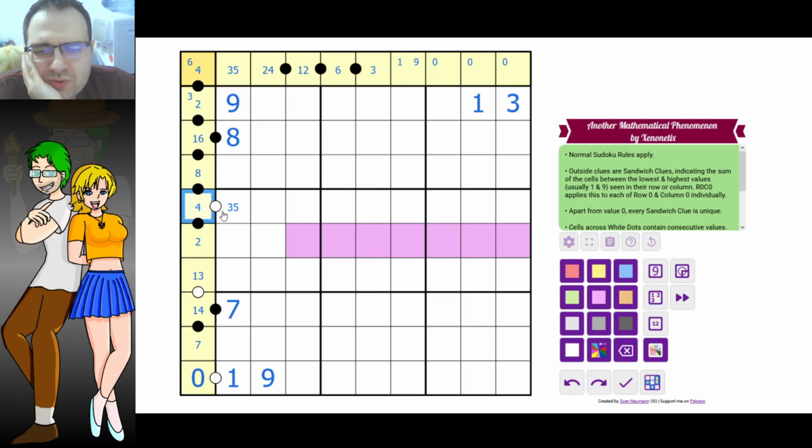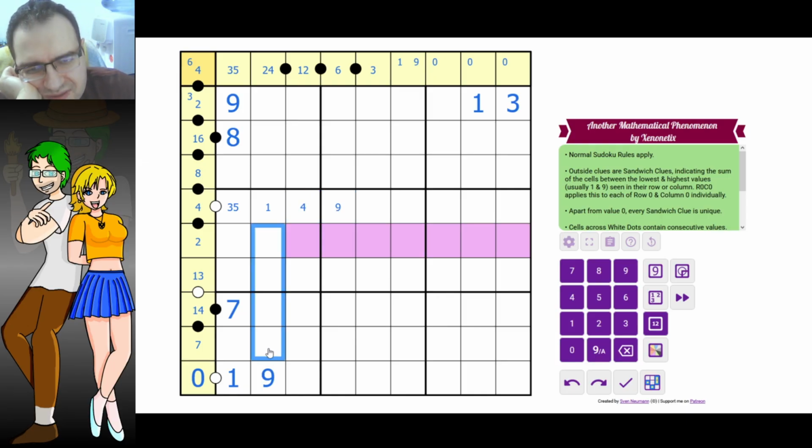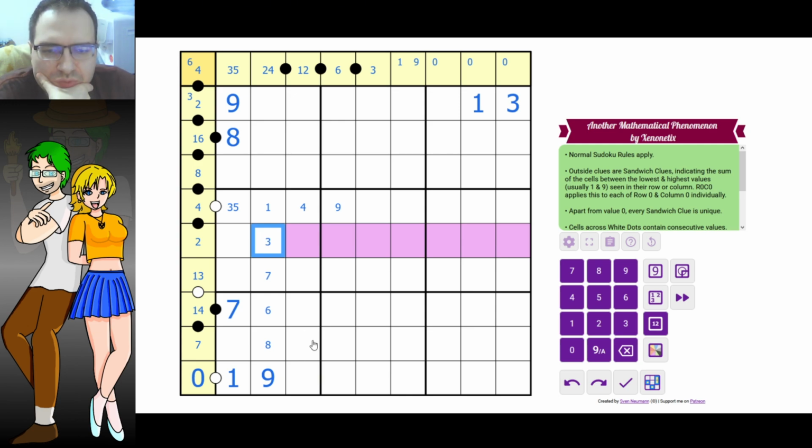The same with 4. Well, this now is impossible. If this was the 1, sorry, 1, 9, and this is the 4. We have 4 digits here. Now that's possible. Again, if we have 8, 7, 6, that's 21, and then we have a 3 here. That would work. That would actually work. So,